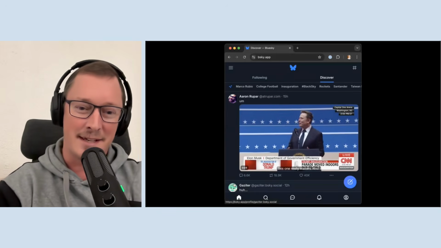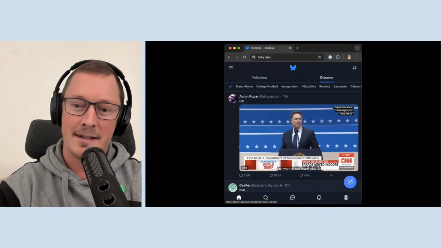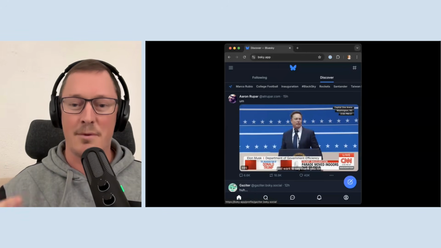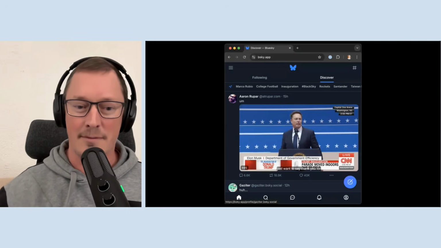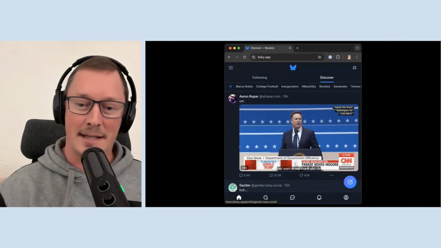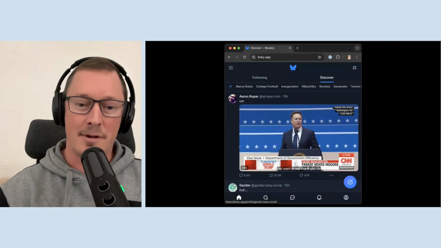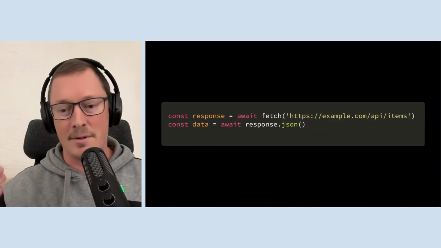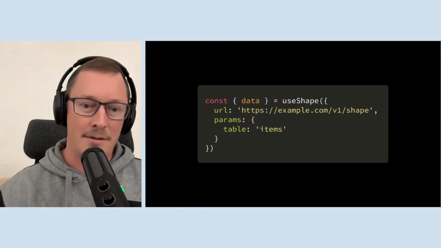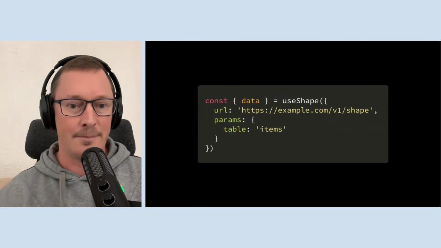The point is that this is exactly the type of imperative network-aware coding that we're trying to move away from. So instead of you as a developer taking care of keeping the data up to date, you want a sync engine to do it for you. And that, of course, is what Electric is. So with Electric, instead of fetching data like this and then handling all these failure scenarios, you tweak your code to sync data like this, and then the system just takes care of it for you.